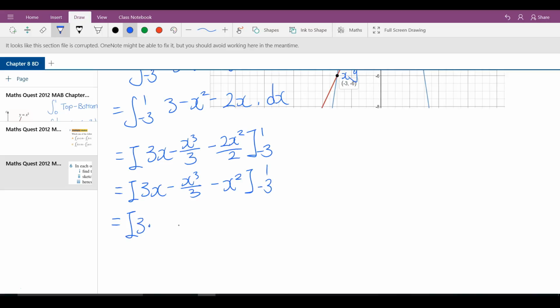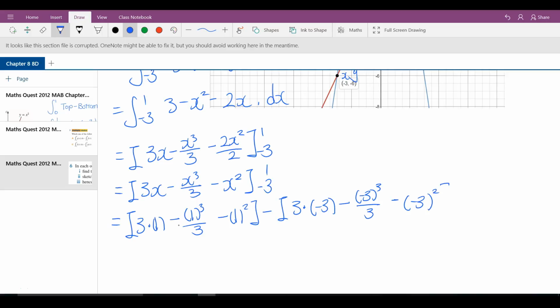So 3 multiplied by 1 minus 1 cubed on 3 minus 1 squared, minus 3 multiplied by -3 minus -3 cubed over 3, and then minus -3 squared. Okay, so 3 times 1 is 3. 1 cubed is still 1, so it's still 1 over 3, and 1 squared is still 1, so minus 1 equal